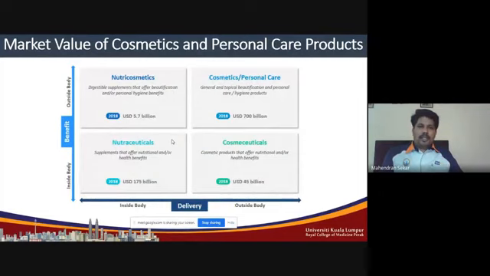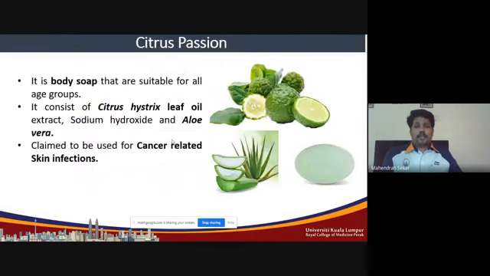So that is why now people are turning to make companies which are cosmetic related, cosmetic product manufacturing companies. So in future, researchers who are especially interested in natural product research can make some cosmetic products which can be used by the public. So this is some of the products which are made by innovators.